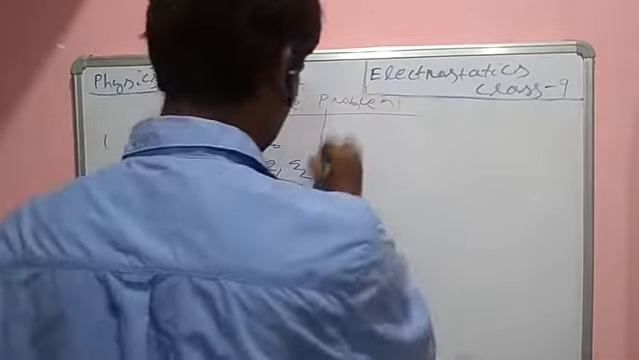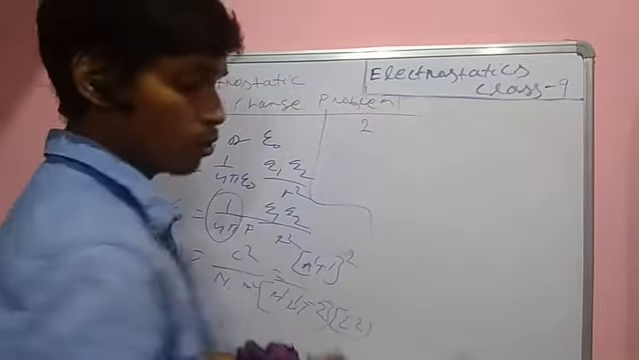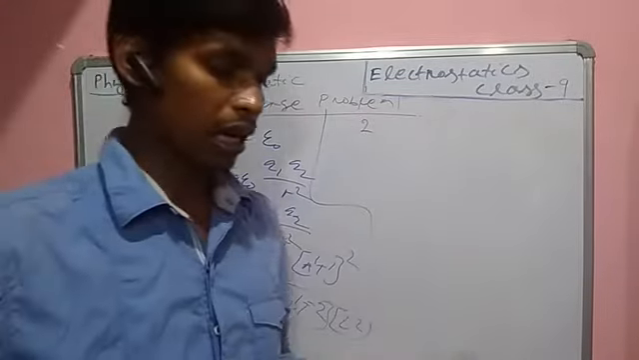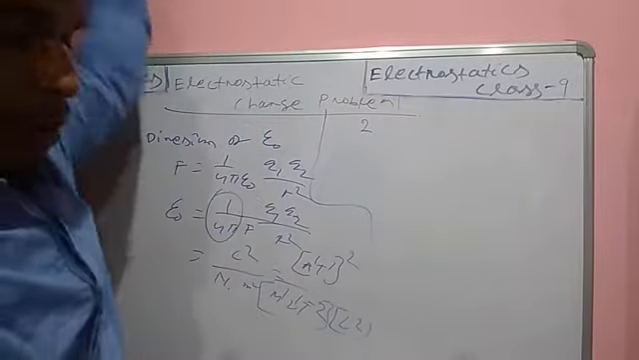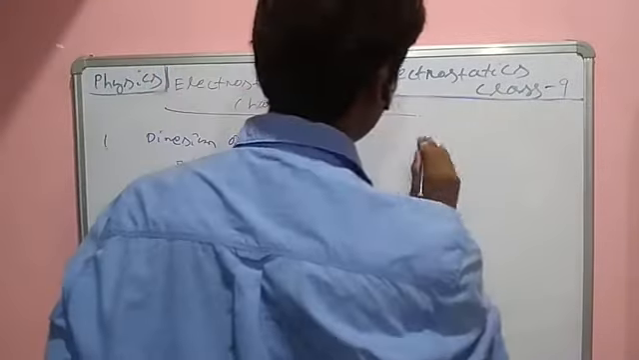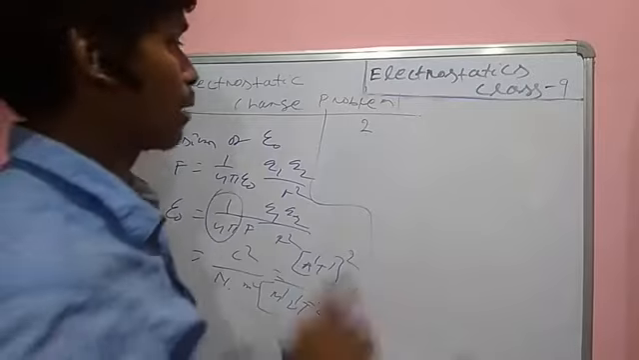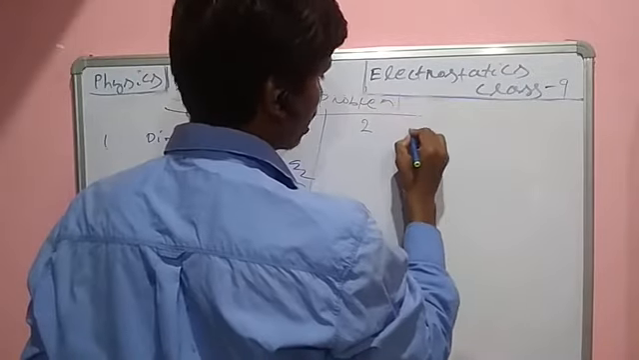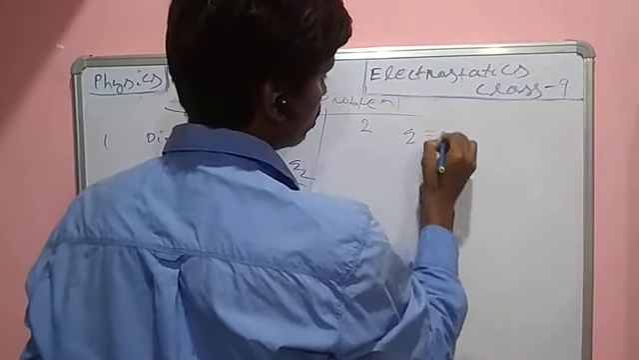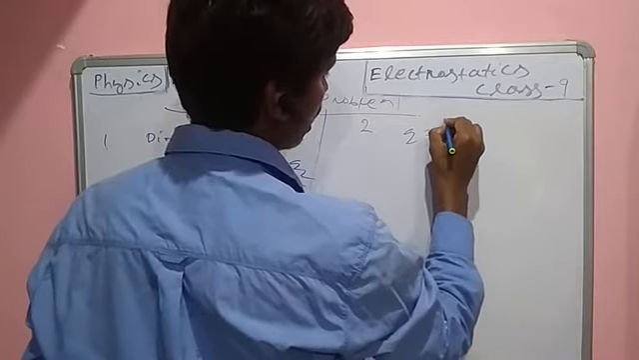Next, question number 2. Calculate the Coulomb force between two alpha particles. This means two alpha particles. The charge of an alpha particle